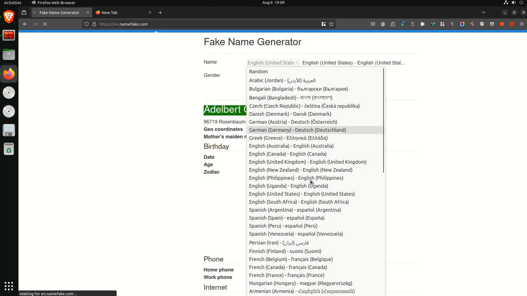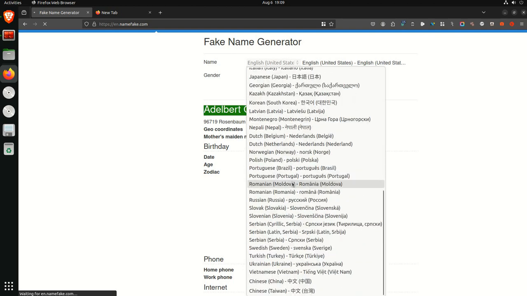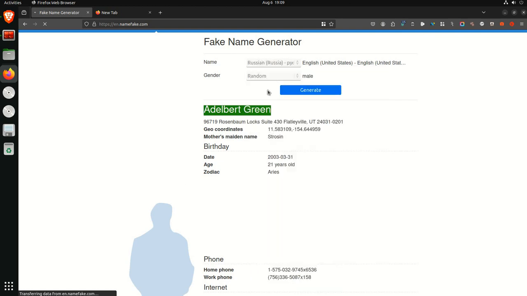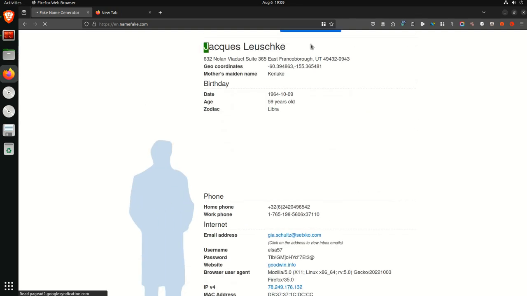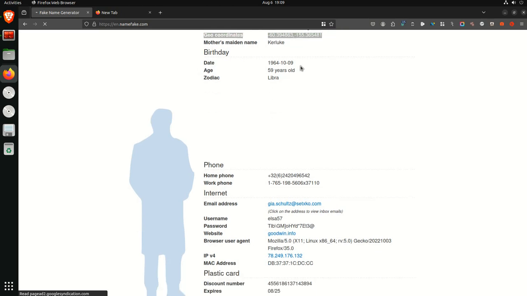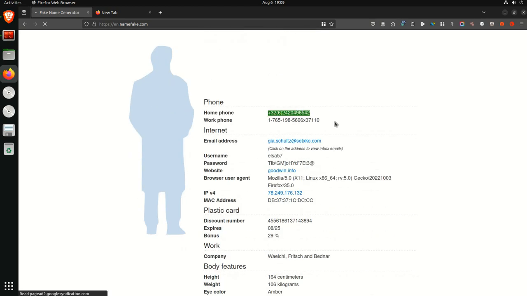Let's suppose I'm doing some investigation in maybe Russia. Okay, so I'll just create a random profile with male, and I'll get a lot of information about it: the name, the address, geo coordinates, mother's maiden name, date of birth, age, zodiac sign, some fake phone numbers,